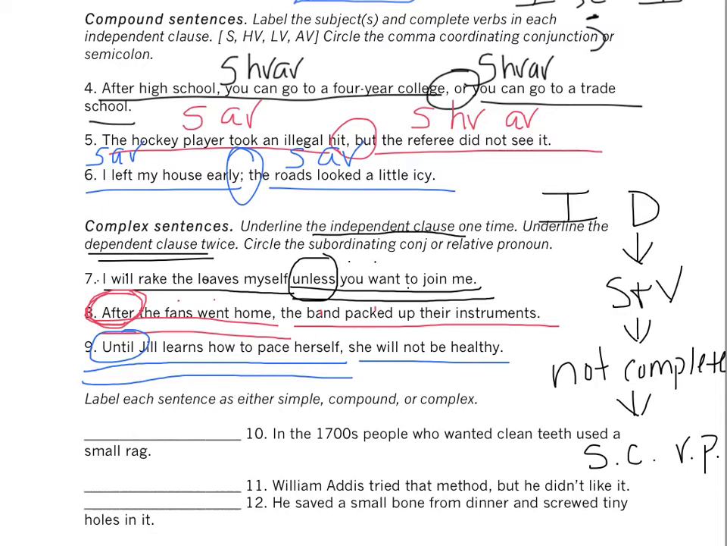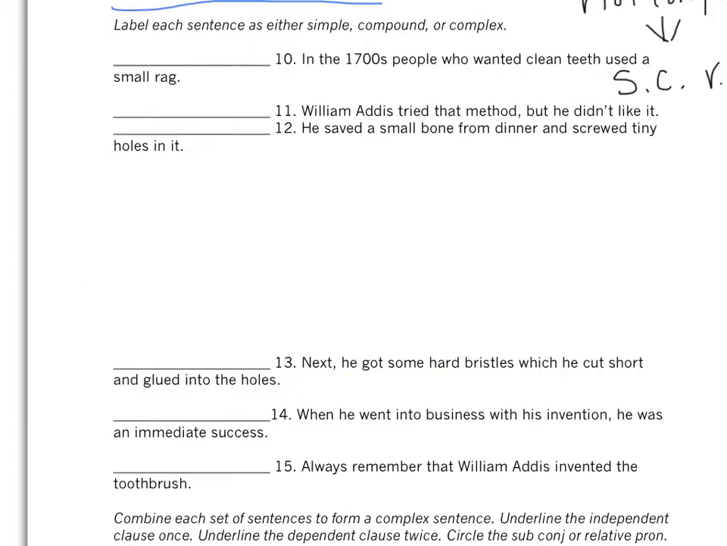Notice that when the dependent clause came first in numbers 8 and 9, you did put a comma between the two clauses. But when you have the independent clause come first, like in number 7, there is no comma in between the two clauses. In the next section, all you have to do is look at the sentence and determine whether it is simple, compound, or complex. So in number 10, the sentence is,